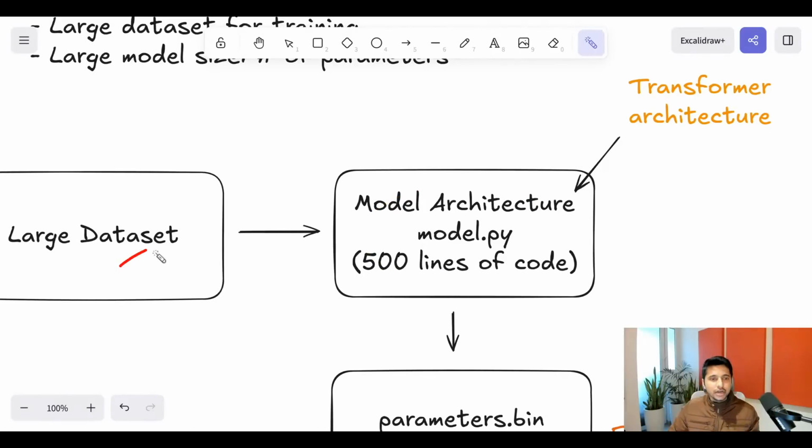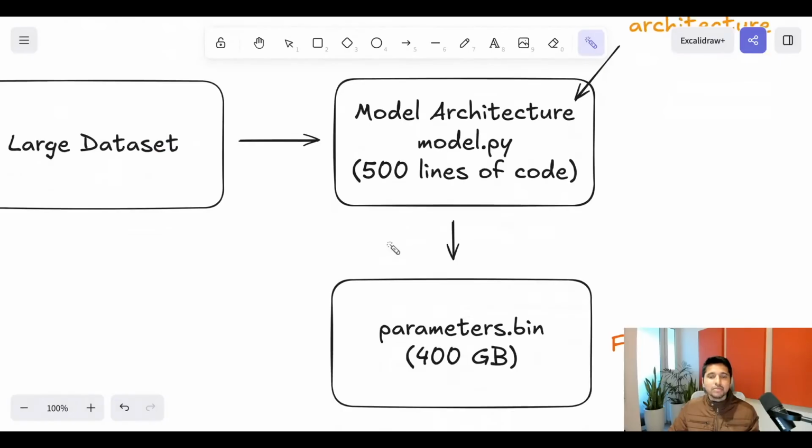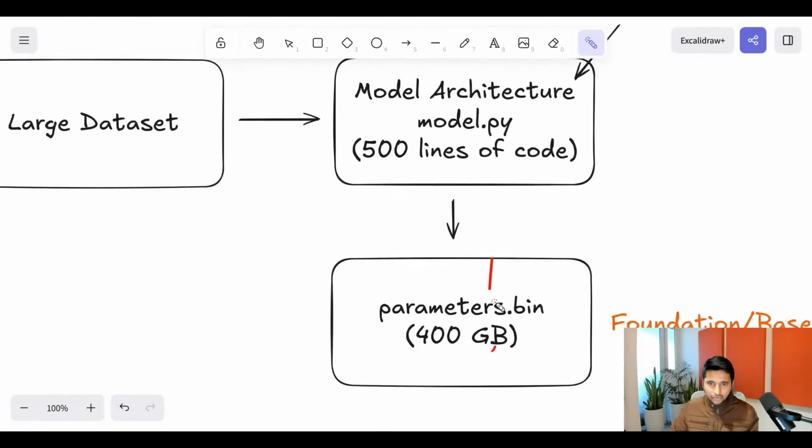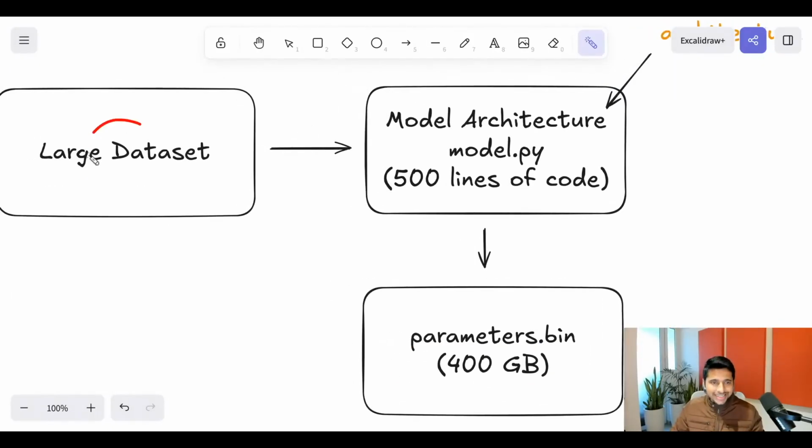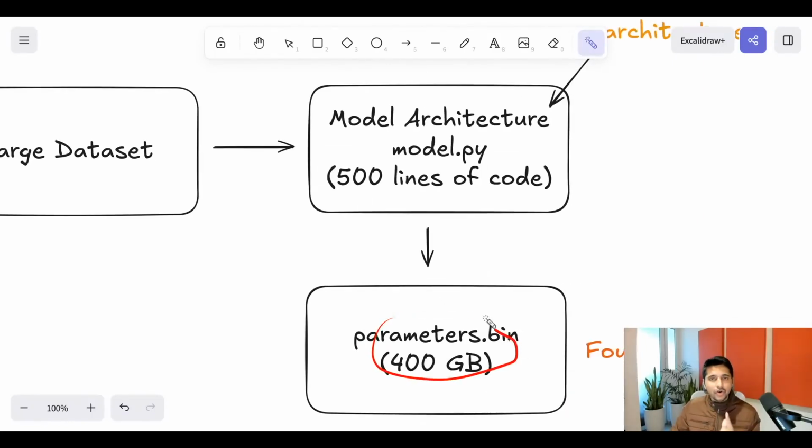In this model we are going to feed a large data set, and somehow this model will output parameters.bin, a file, and in this file we will have a huge magnitude of numbers. So many numbers will be fed into that, and because of that, maybe the file size will be 400 GB. So that can come out. If you see that, a large data set and a large number of parameters get stored in parameters.bin. That is what we call a large language model, and this we call a foundation